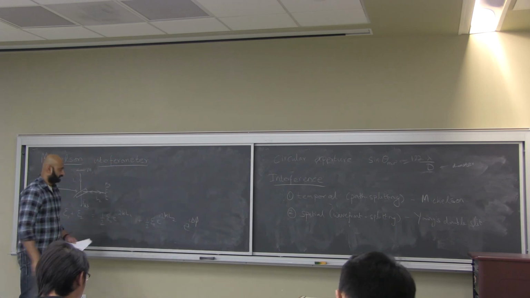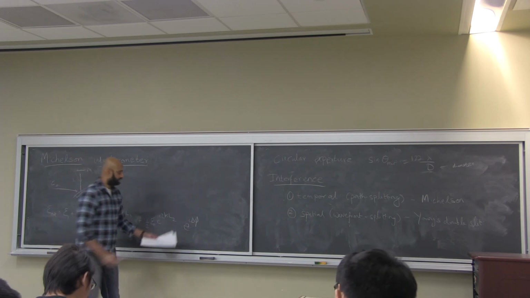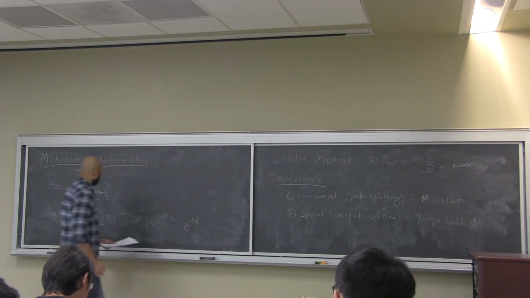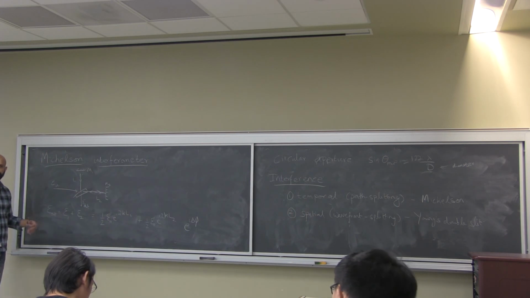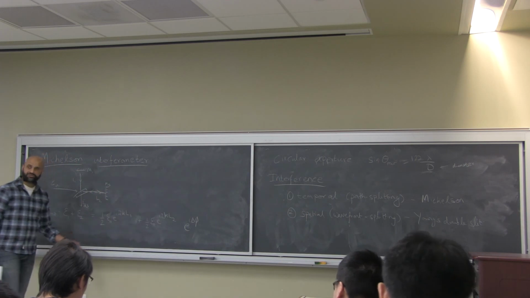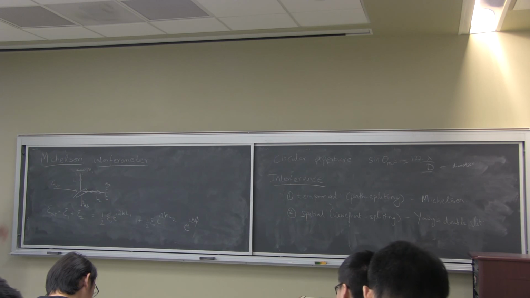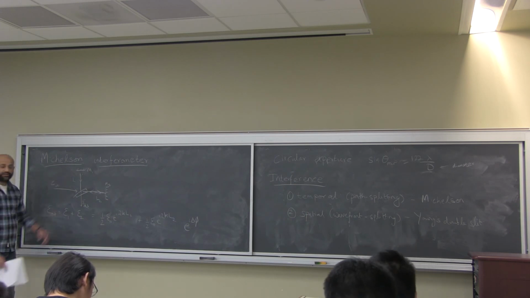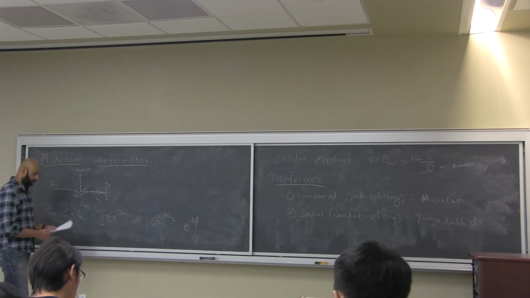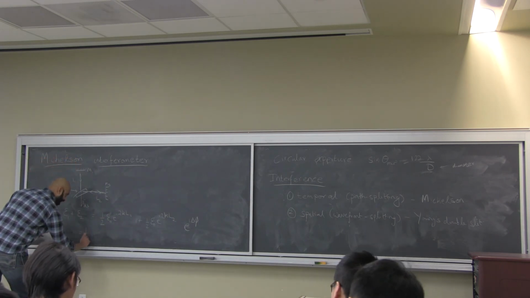So clearly, the difference in the path lengths leads to a phase which is dependent on L1 and L2. In addition, we might have some phase shifts, for example, depending on the type of beam splitter that we use, whether it's a half-silvered mirror or dielectric beam splitter, you can have slightly different phase shifts. Due to the beam splitter, there could be phase shifts due to the mirrors themselves. Depending on the polarization state of the beam, you could have some other phase shifts because of something inserted in the path over there. So all of these we put into that delta phi,